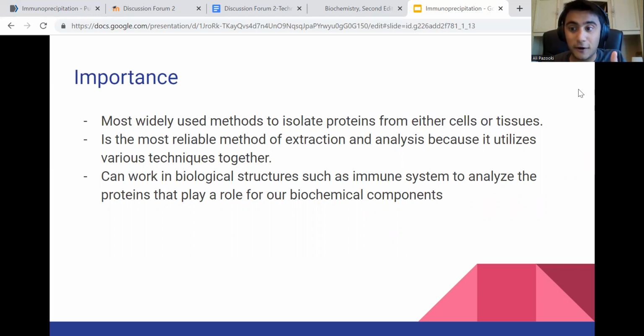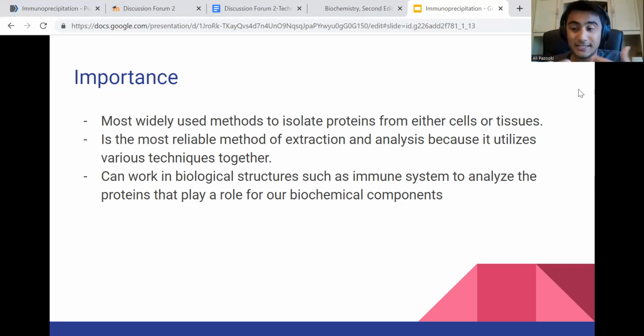it is very remarkable. What this does is not only utilize the immunoprecipitation process of an agarose or magnetic bead attaching to an antigen or antibody containing cell or group, but it also incorporates SDS-PAGE or Western blotting, which are other protein analysis processes, in order to analyze each individual protein that was extracted. And that is really cool because